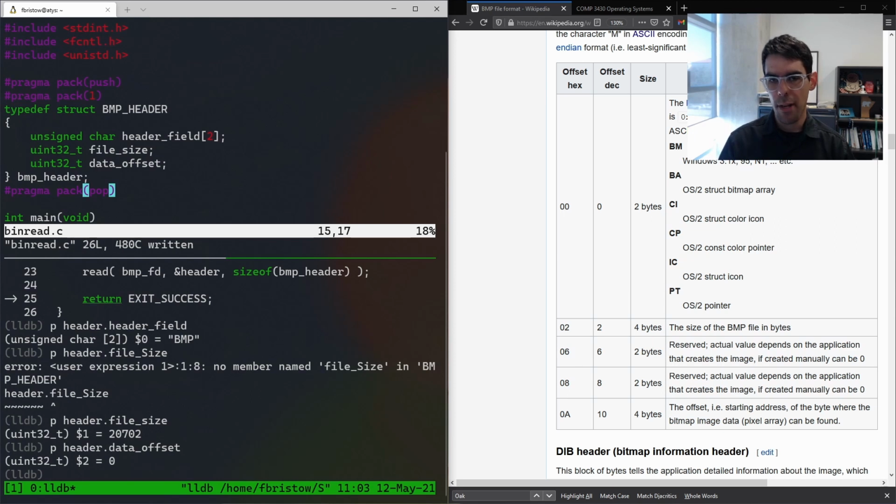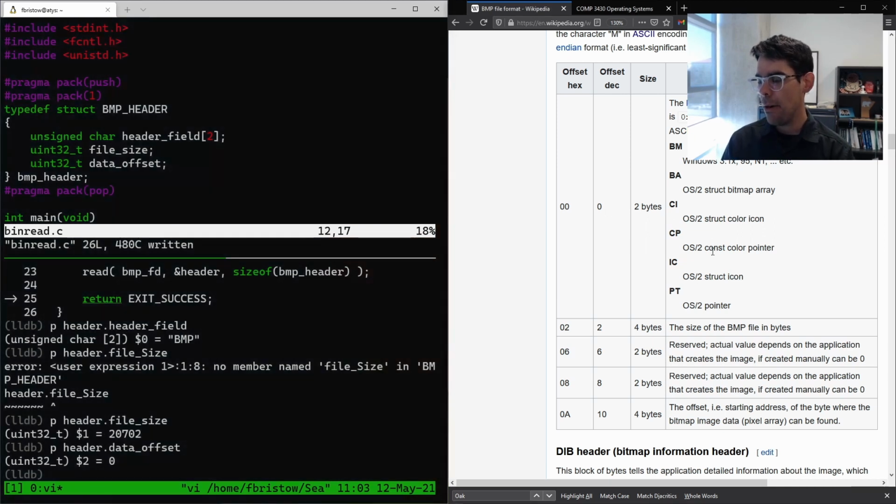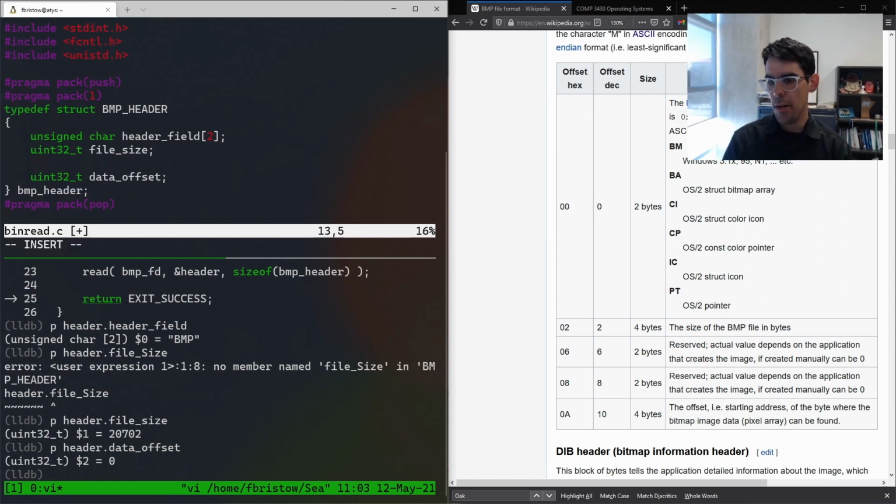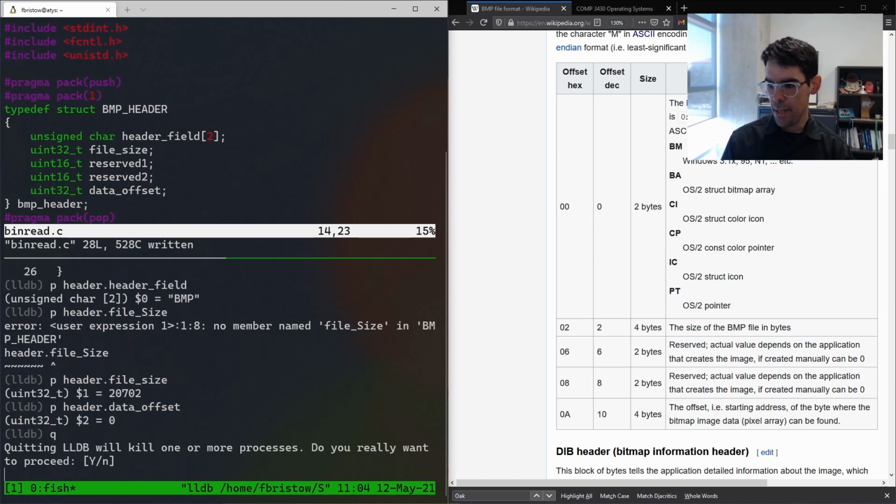Data offset tells us where in the file the bitmap data starts. The bitmap data does not start at 0. That's where the header is. So that doesn't seem right. Let's go back to this table here on our right side, and let's add in these 2 bytes for those reserved things. So they come right after file size, and they are both 2 bytes long, so that's 16 bits, uint16_t, and I'll say reserved 1, and then uint16_t reserved 2. I'm going to quit, yes, recompile,